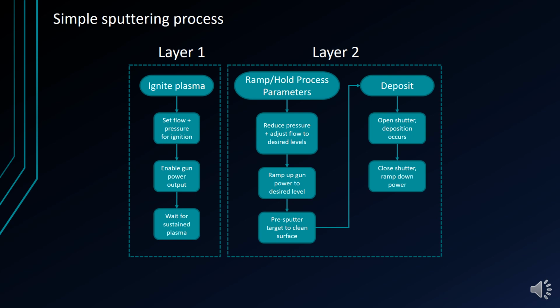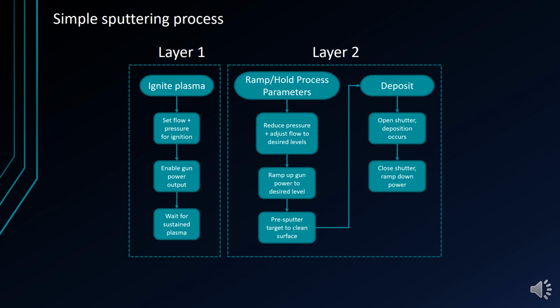Let's go over a simple example of a sputtering process. If you're writing an automatic process, you will probably want to structure it into two layers. The first layer is where you will strike the plasma at the target. Start by setting your flow and pressure appropriately to strike. A good standard for our tools is 30 SCCM argon flow, 30 millitorr chamber pressure, and 30 to 50 watts